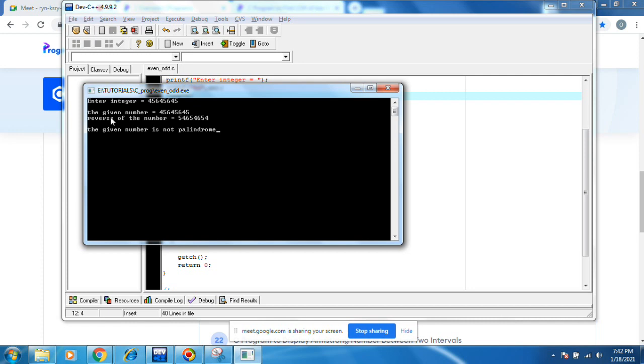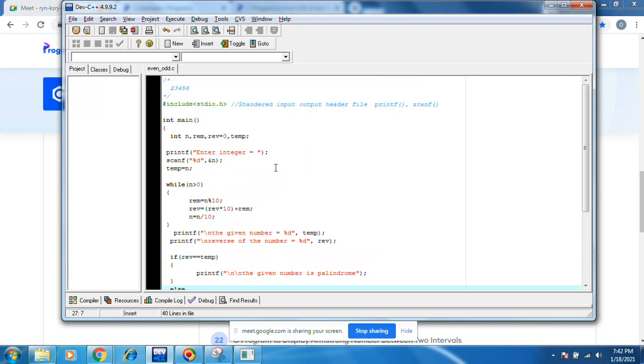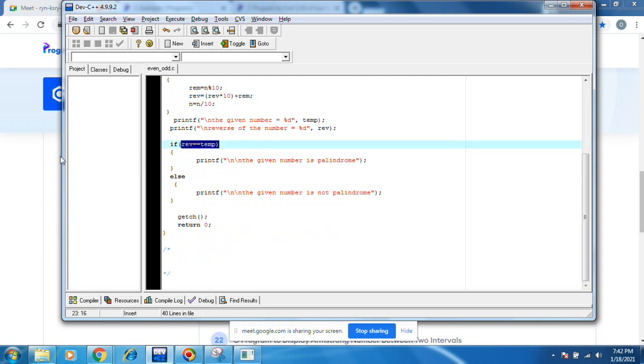The given number is this one. Reverse of the number is this one. The given number is not palindrome. That's it, simple. Same program, you just make sure the temp value holds the given number entered. This is changing the n value. That's why n value will become 0 at the end. Actual number we need to store in the temporary variable. At the end you can verify.